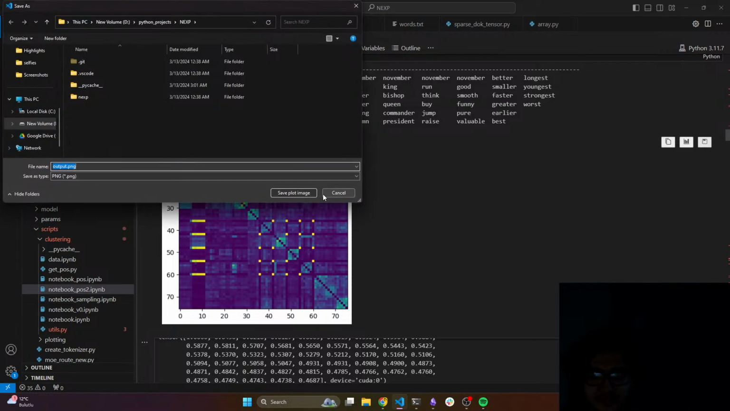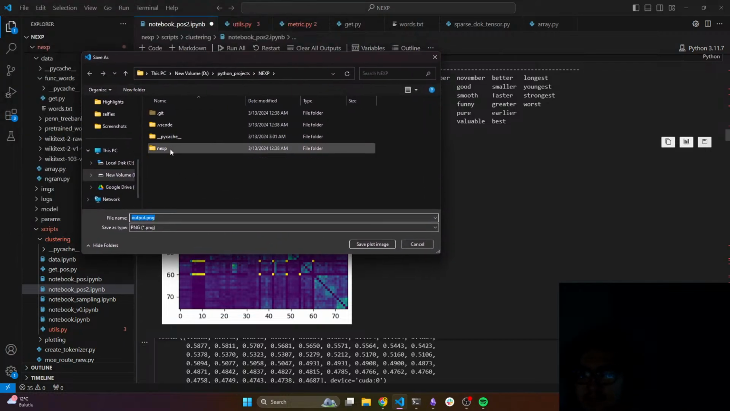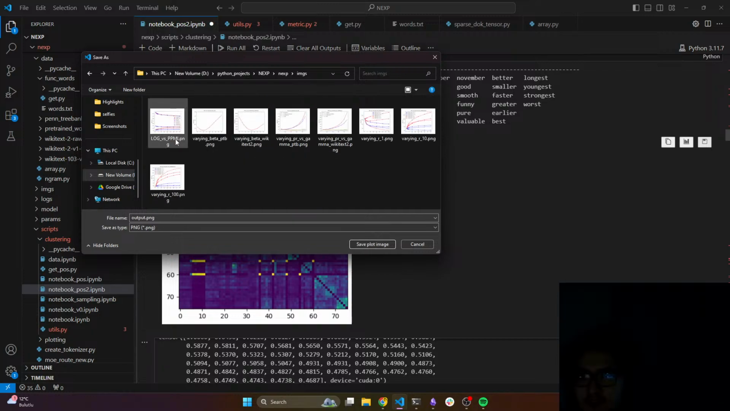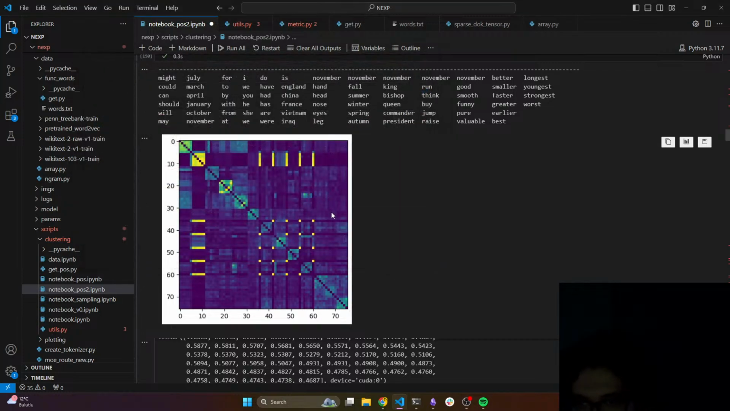I want to download this plot. Do we have images? Okay. I should call these similar word sims at 1,000 context words per category, grouped by categories. It's a long name, but